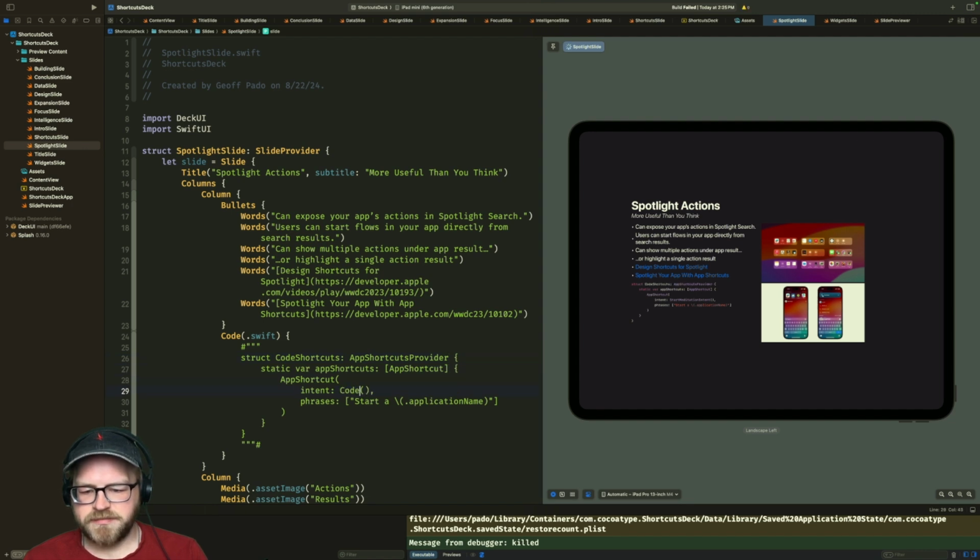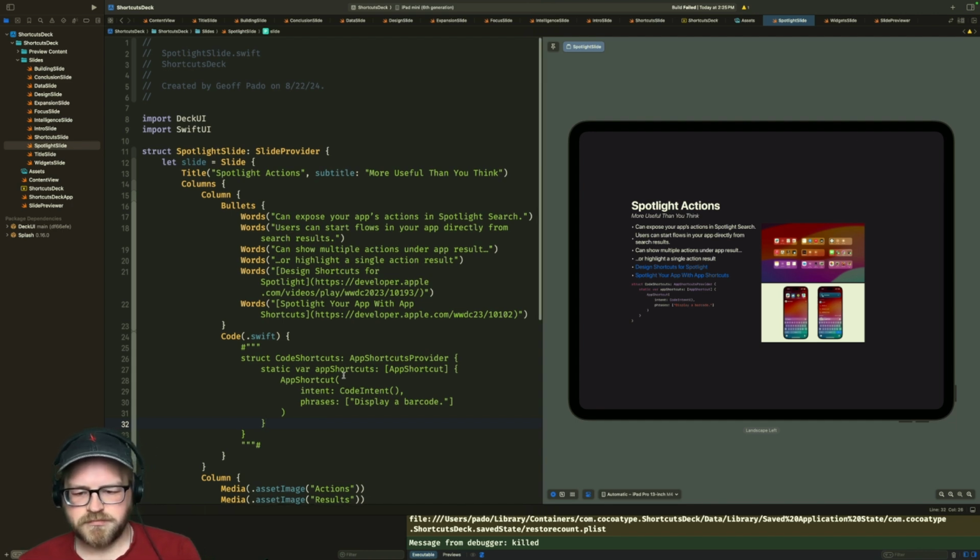Code intent. Display a barcode. I don't know. I think that's good enough. That gets the point across.